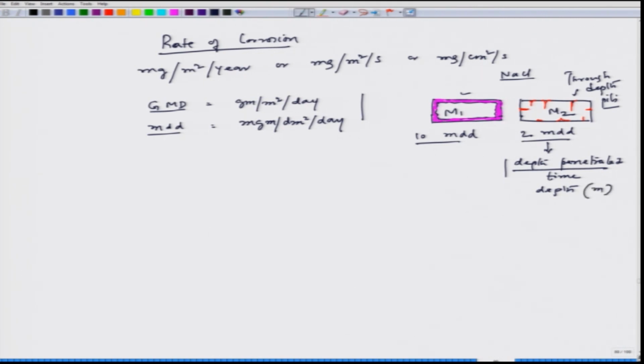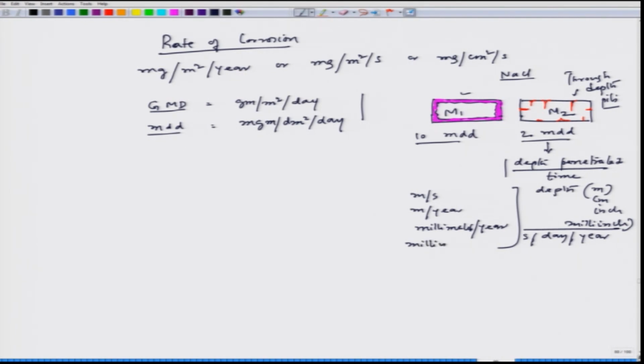in some unit, let us say meter or centimeter or inch or milli-inch, and then time, we can consider it to be second, day or year. So, here the unit becomes either meter per second, meter per year, millimeter per year, milli inch per year,